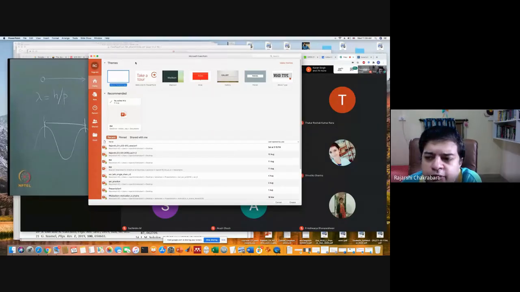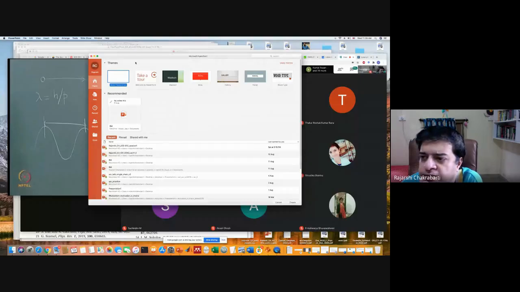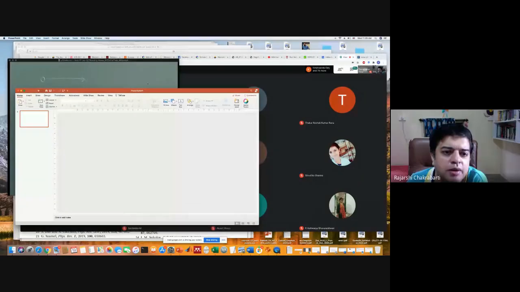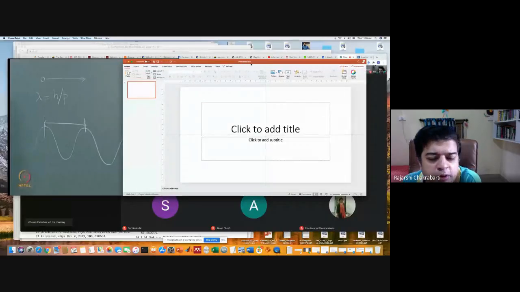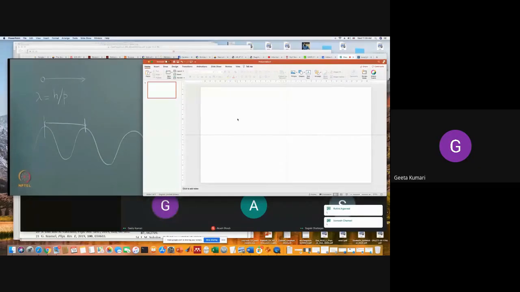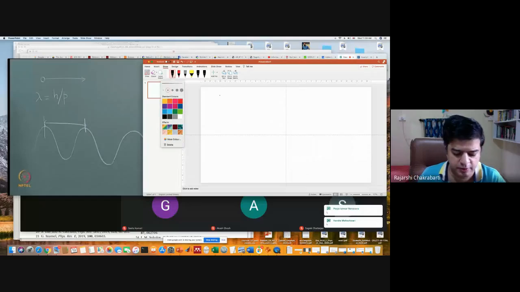ML^2 T^-1. Now, if you say joule second, it is essentially energy times time, isn't it? Yeah. Energy times time. What is the dimension of p? Momentum, linear momentum. MLT^-1. Okay, can you now tell me what is the dimension of h over p? What is the dimension of h over p? L. Okay. Just check, is it? So I hope that. So if I write it here,